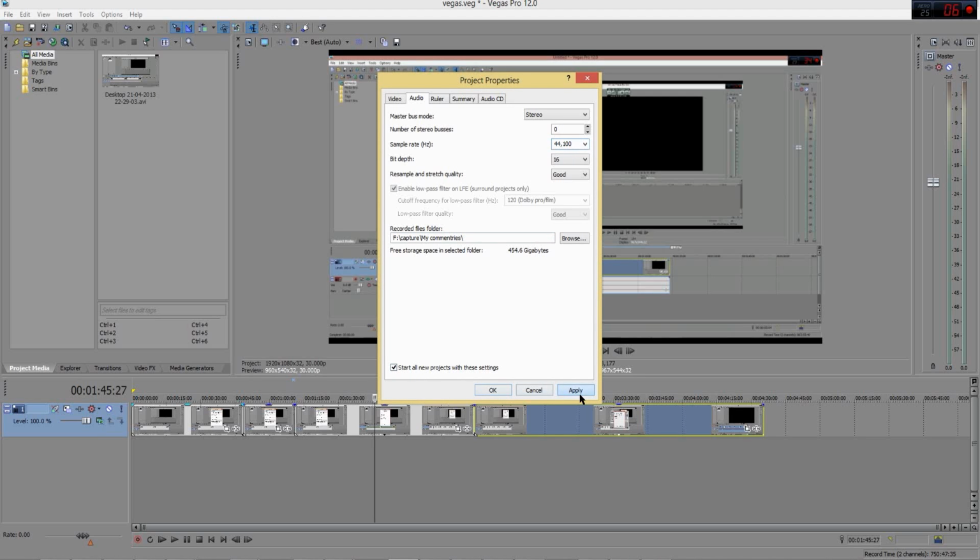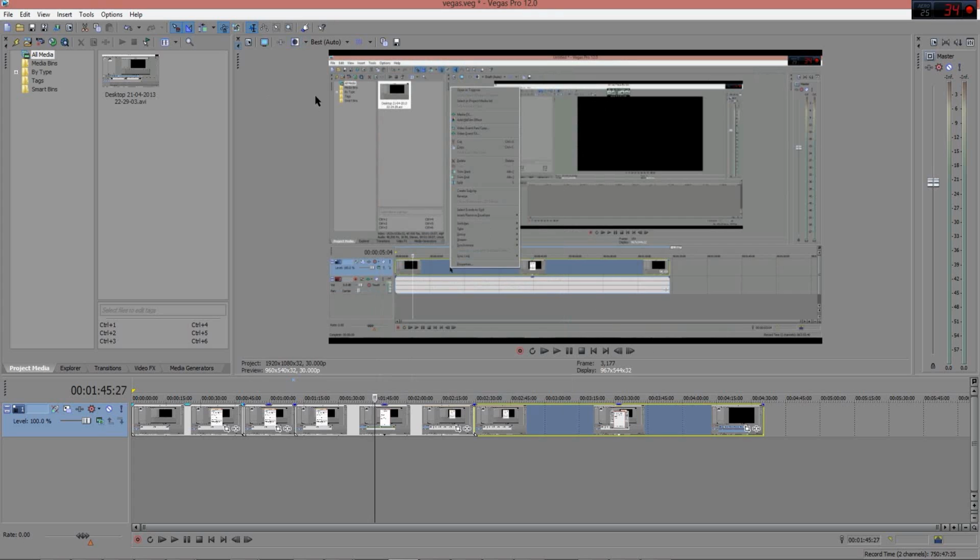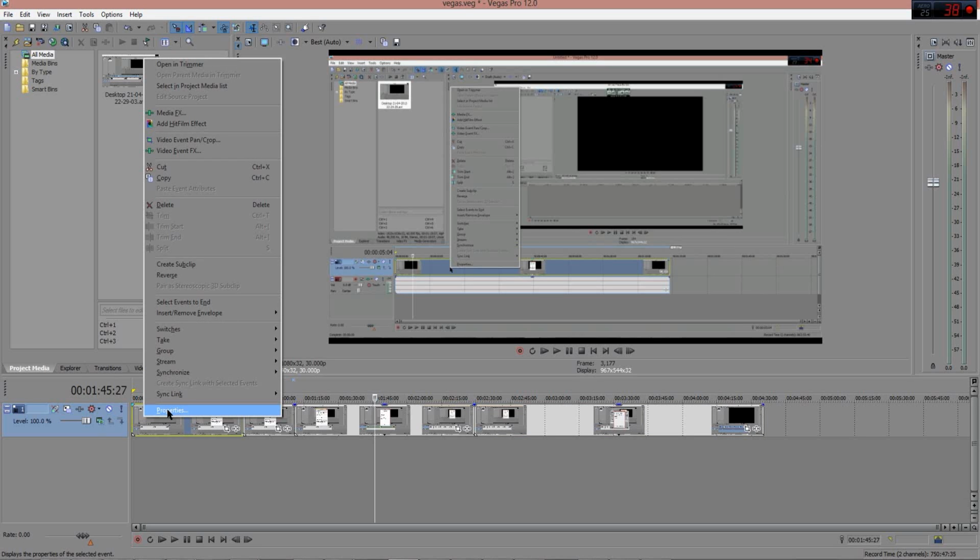Okay, now before I finish, I'm just going to save it so I don't forget. Okay, so I've got a custom template. It will have set this bit up, so I'll just click that, save, and then OK, because I've already applied it. Now moving down into the video itself, okay, I'm going to right click it, and I'm going to choose properties,